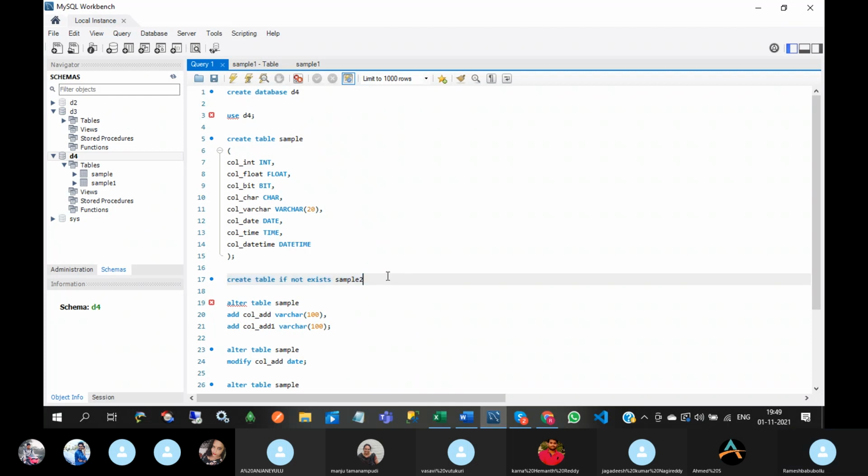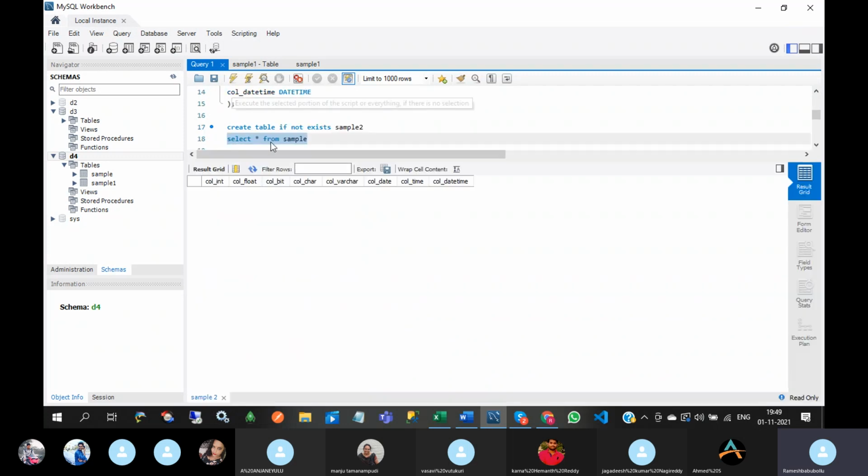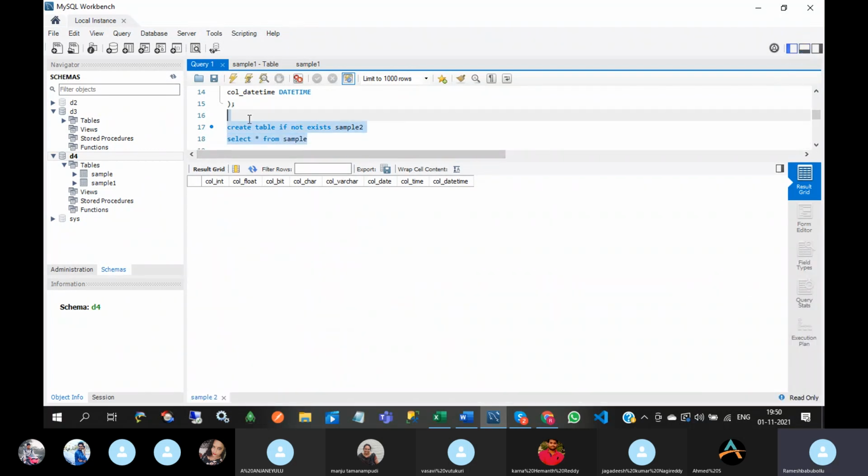Okay, and here select star from sample. Select star from sample means you will get all the records from the sample table. Okay, so if you execute this, and where condition 1 equal to 2. 1 equal to 2 means it is not true.